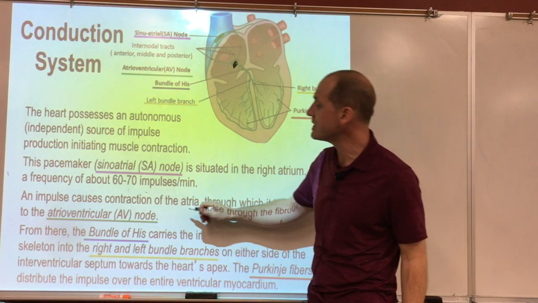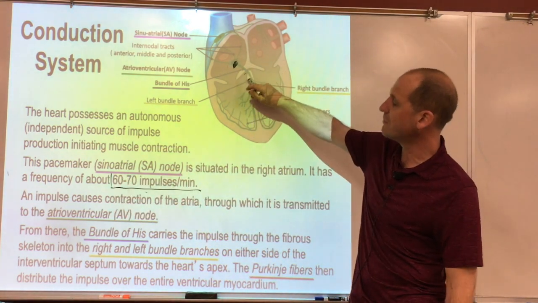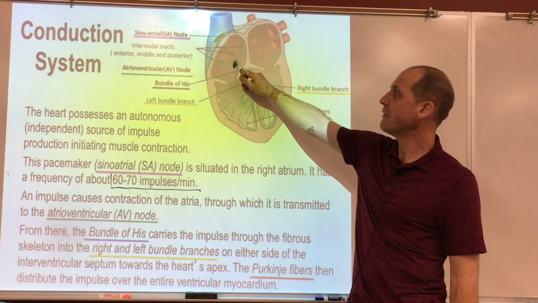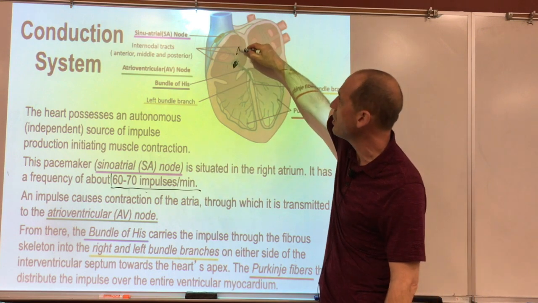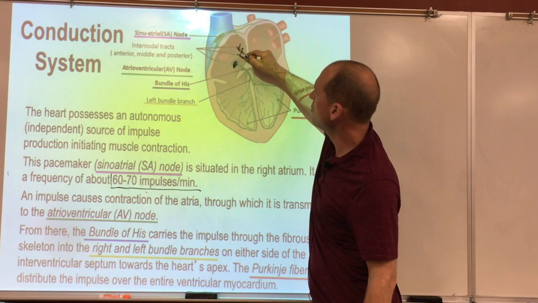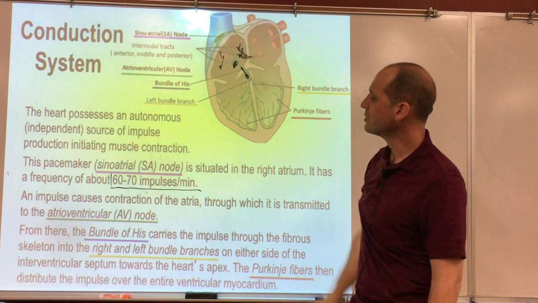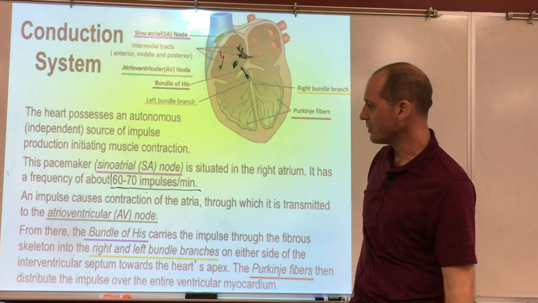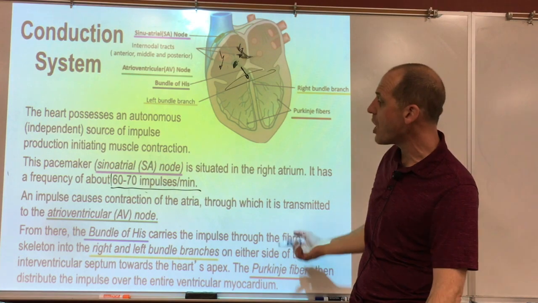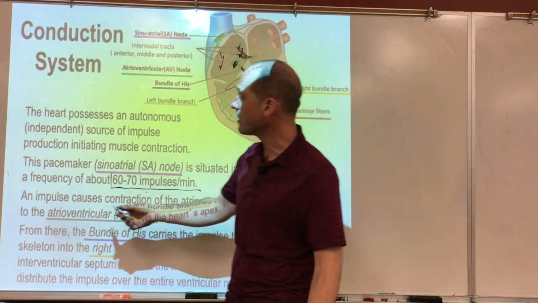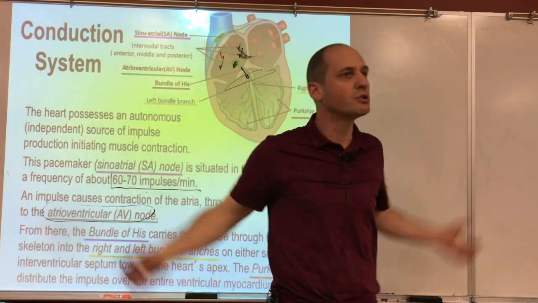And it does that about 60 to 70 times per minute as an impulse. So 60 to 70 times per minute, we're going to get a discharge of a nerve impulse from the SA node, and it sends that impulse through the atria, but it also sends it down towards the ventricles. And in the wall between the atria and the ventricles, we have another cluster of cells that are also discharging impulses. It's known as the